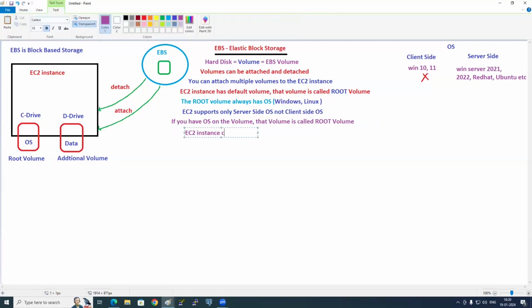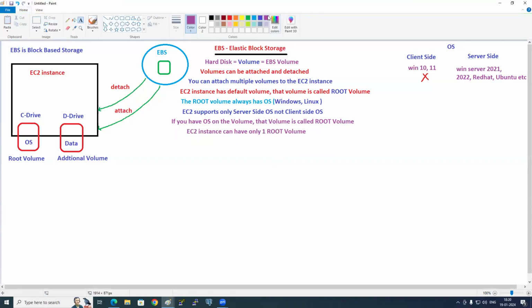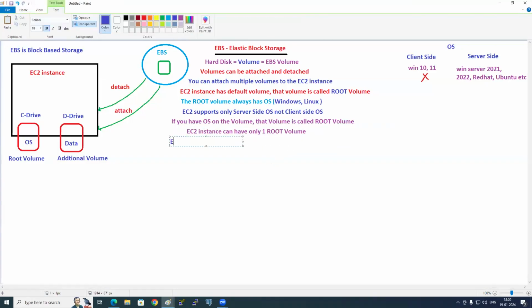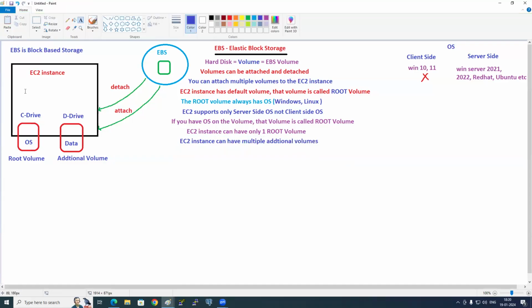Excellent. An EC2 instance can have only one root volume. An EC2 instance can have multiple additional volumes.